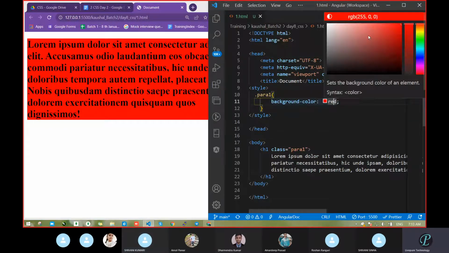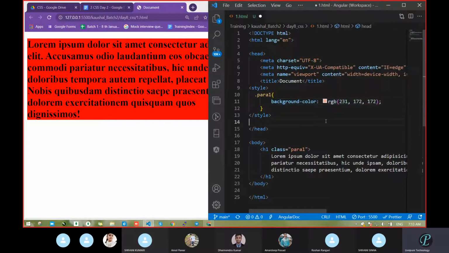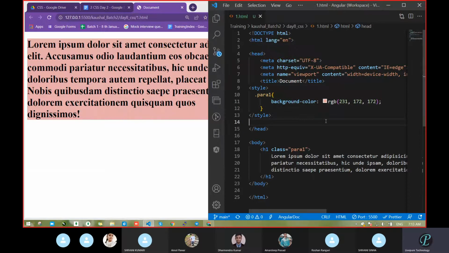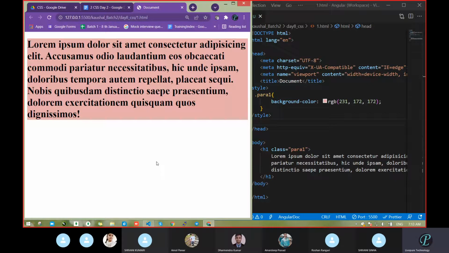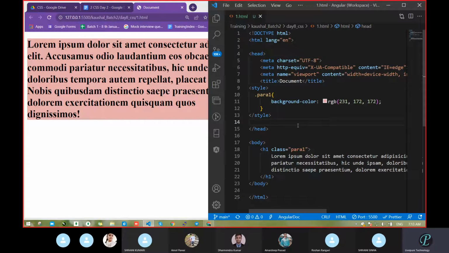Okay, so now we will move to some other colors. Let's see. What I want, Pooja, is a green color in the background of the body. Whatever empty area you are getting here, we want the color in this section. How will we do that? In the whole background? Not only text, the complete whole background.